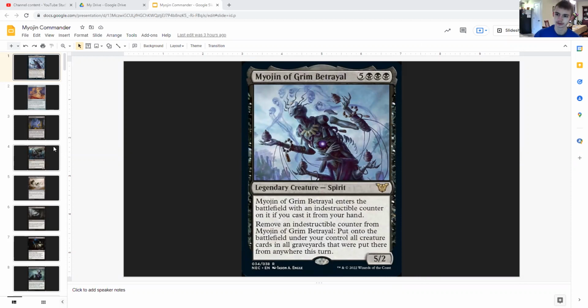from your hand. So as usual, we still have that same problem of having to get it into our hand first, so then we can make use of the indestructible counter. Since the only way we can get it onto this is via casting it from our hand, really. But that is no problem. Once we get that going, then the rest of the deck kind of works. So let's get started